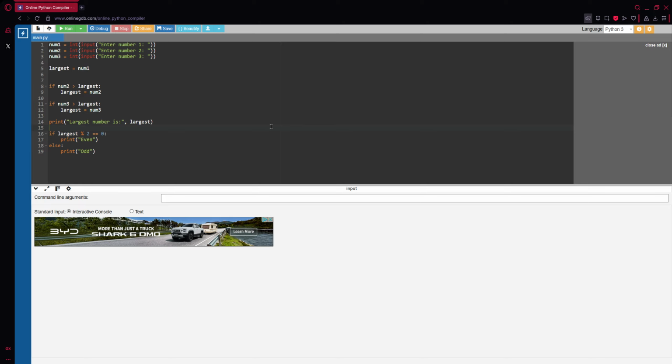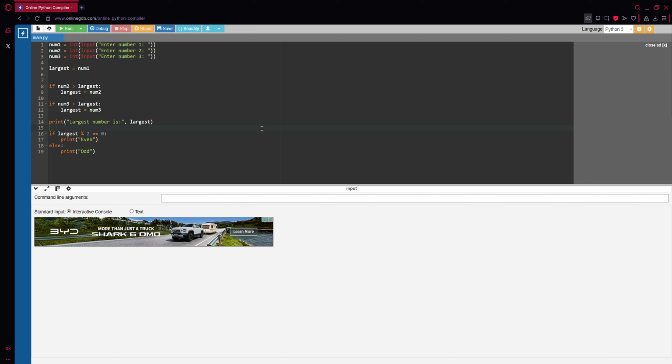The code is called the largest number and parity. It identifies the maximum value among three integers and reports whether that maximum is even or odd. It takes three numbers here, num1, num2, and num3, as integers.